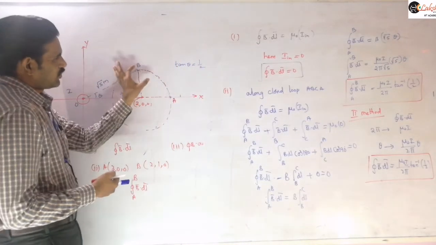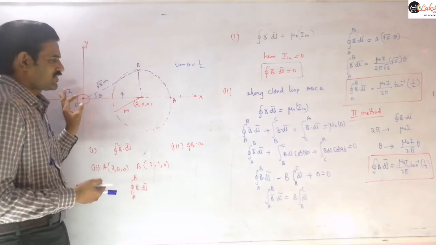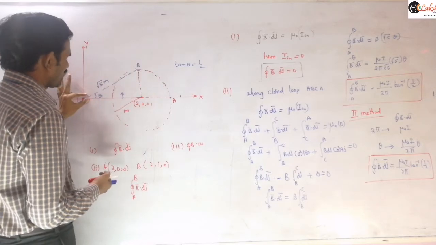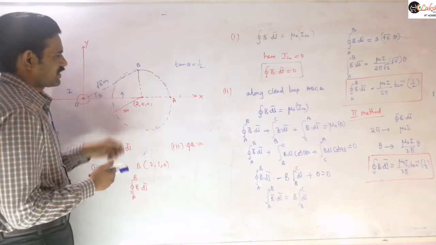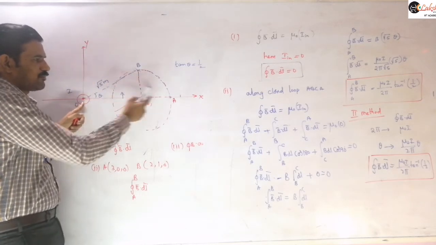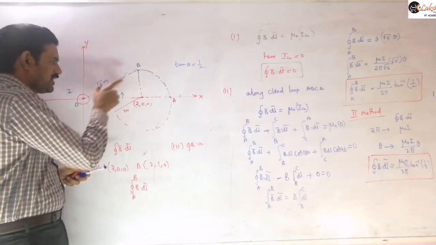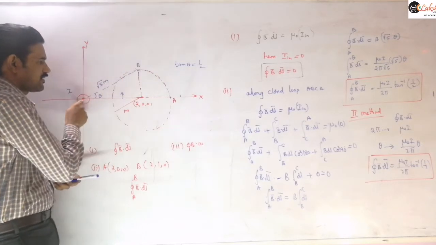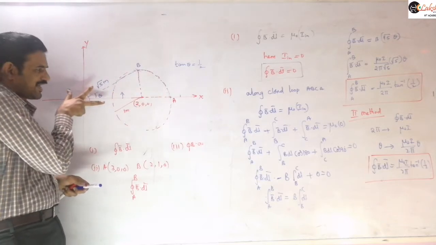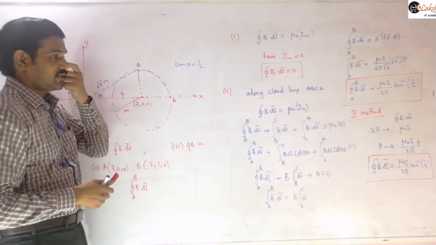Whatever the given part here, you may take AB or you may consider a small part here. We just need to calculate how much angle it is subtending. So this angle I am taking here is theta. That theta means you just join lines from the points between which we need to calculate, A to B, to this current carrying conductor. The angle between those two lines is what we need here, right? So that angle is theta.